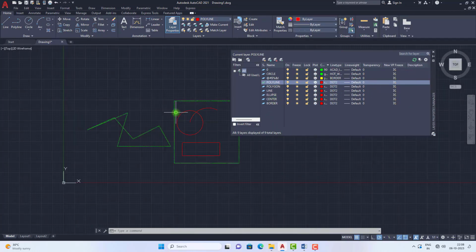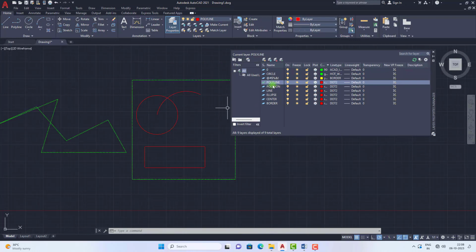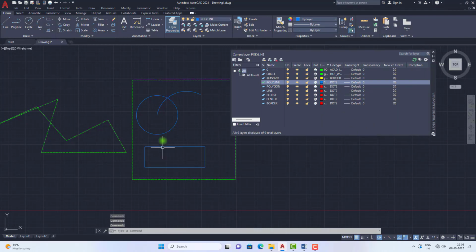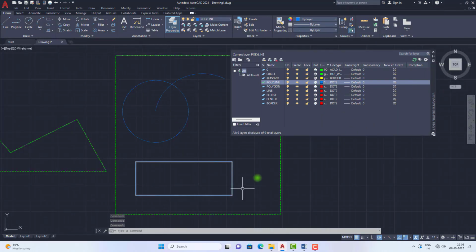See, now I need to change the properties of this polyline layer. By default it is in red color and now I need to change the color. So I am clicking here on color and the dialog box will open like this, and you can select the color you want and click on OK. So that the color will be applied to that particular layer.